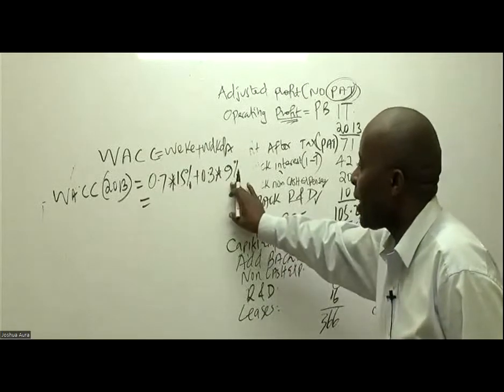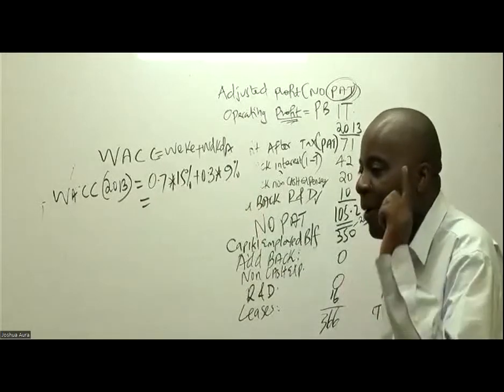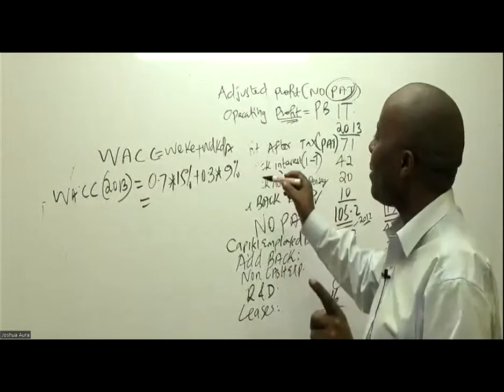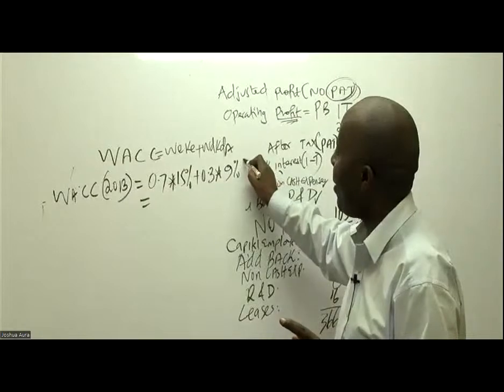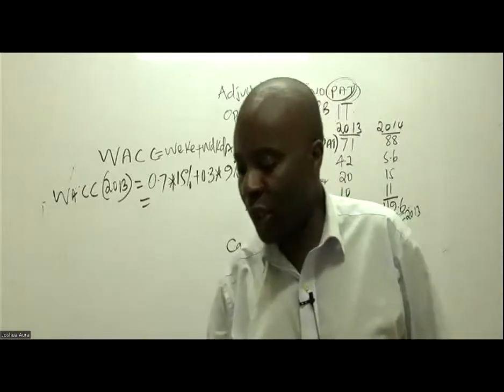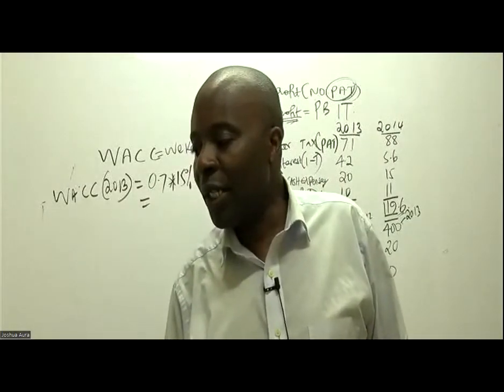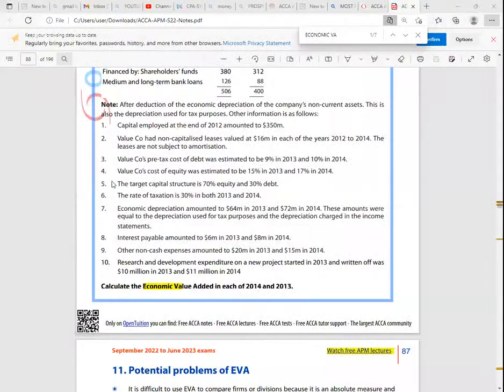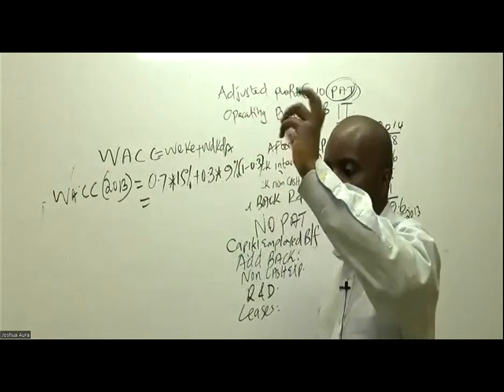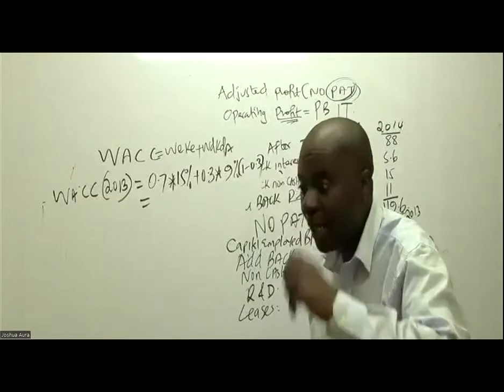No. This 9% is before tax. It must be adjusted for taxation. So you must come and multiply this with 1 minus tax of 0.3. They told us, ladies and gentlemen, in this question that 9% is pre-tax, the pre-tax cost of debt. So remember, this 9% has to be tax adjusted. So you take 9%, you multiply it with 1 minus taxation. And then I should be able to give us an answer like Helen Hamala has given us